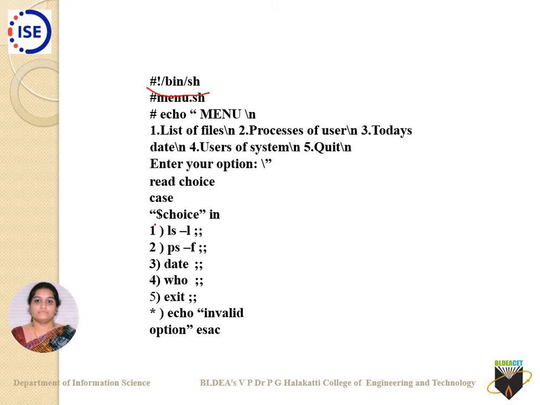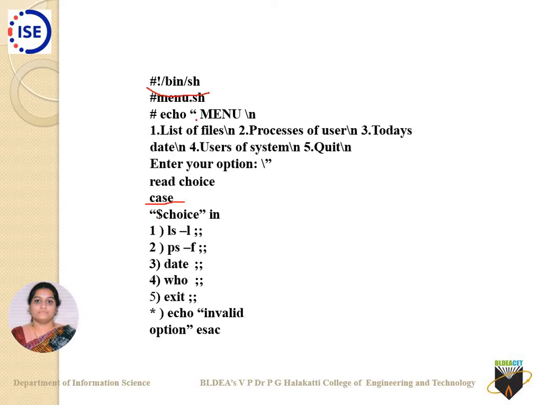Then what do I do? I am using case as my statement there, along with case within quotes. You can just see that I have evaluated the variable value called choice. So the variable value called choice is evaluated here as dollar choice, which says that whatever value you are reading here will be taken across as your value there. Dollar choice in. So what are the options here?